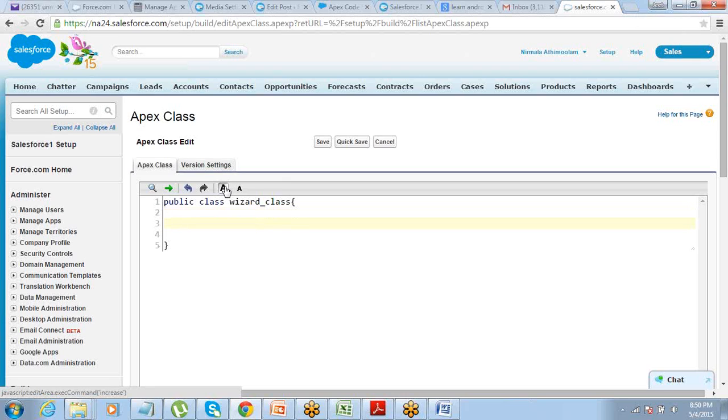Four methods I have to define, and all these 4 page reference methods will take us to those 4 pages. So public page reference